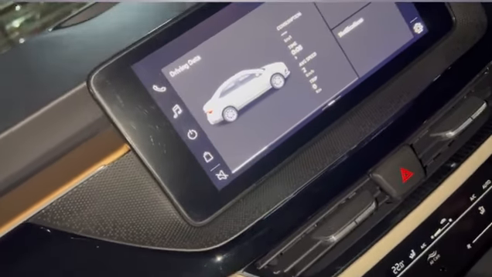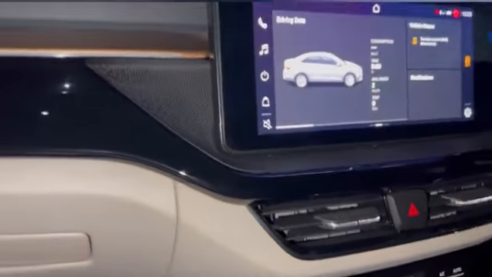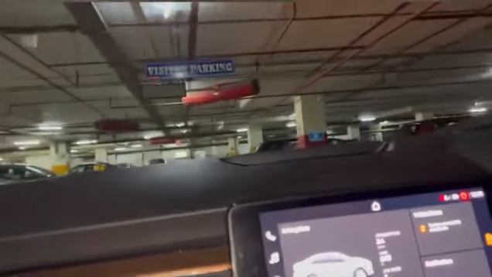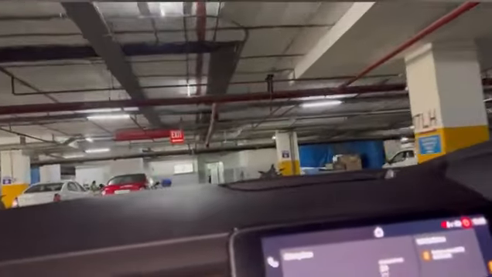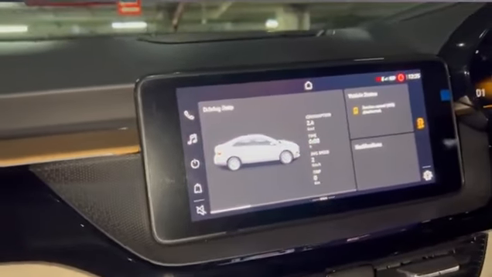You say it is only 10 kilometers in the city, maximum. Since Hussain told me that we will get 13 kilometers in the city, why did you tell me that then? It depends, sir, traffic to traffic. 13 will not come in an automatic, sir. What Hussain said at the time of buying this car is not correct.